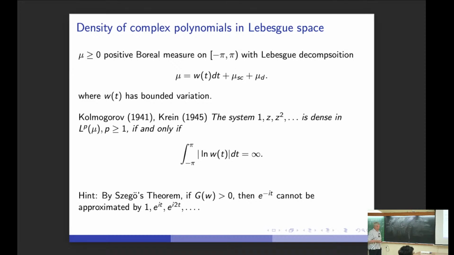So besides a byproduct of Szego computation, so I repeat, this was one of the first instances where the Christoffel function was computed in finite terms, is the following remarkable theorem. We are 100 years after the founders. Kolmogorov and Krein. If you have a measure on the circle, it's a very legitimate question.